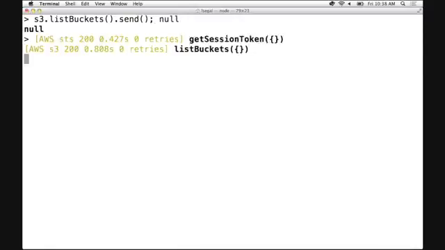So I'm going to list buckets here, and when I send it, it's not only going to call out to S3, it's also going to do a pre-flight request to STS to actually get credentials. So when I run this, you're going to see STS get session token, and then list buckets from S3. So that's a bunch of features in the SDK that you can use. I'm going to jump back, and we're going to talk about some more fun stuff,